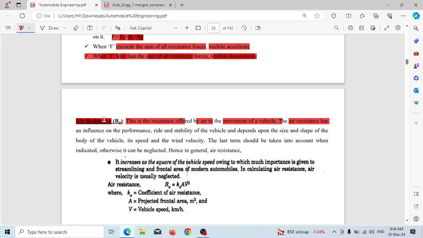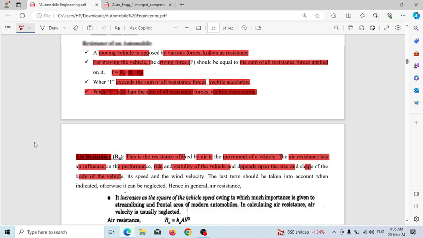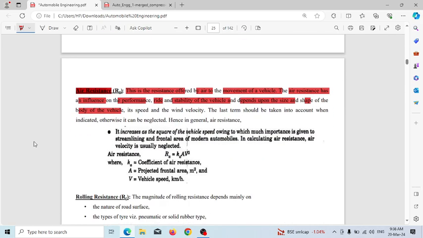Air resistance has an influence on the performance, ride and stability of the vehicle, and depends upon the size and shape of the body of the vehicle. So we have to choose a vehicle which has low or minimum air resistance by selecting such a body. Next, its speed and the wind velocity. The last term, the wind speed, should be taken into account when indicated. Otherwise, it can be neglected. Hence, in general, air resistance